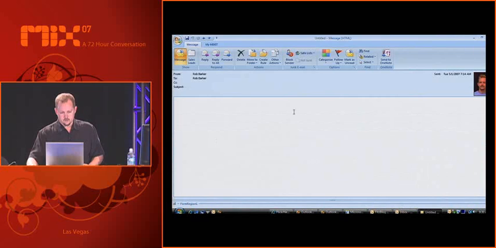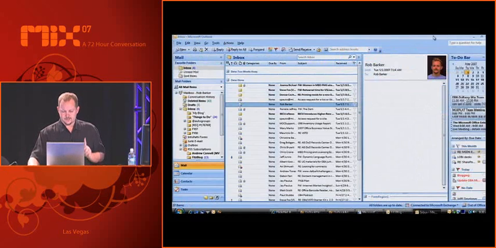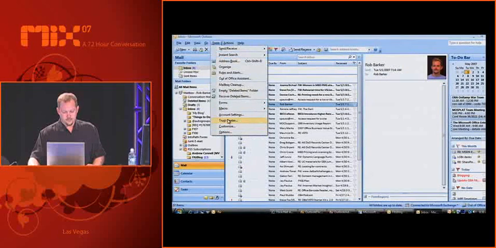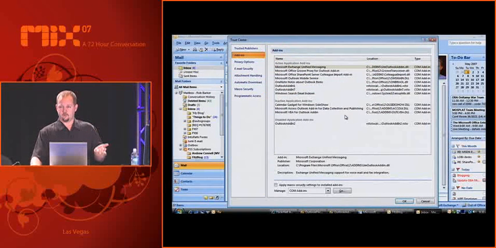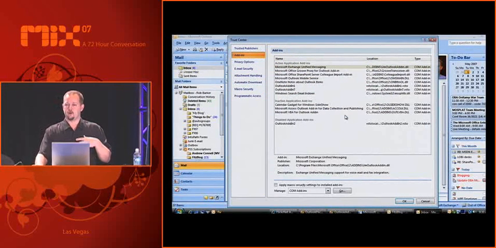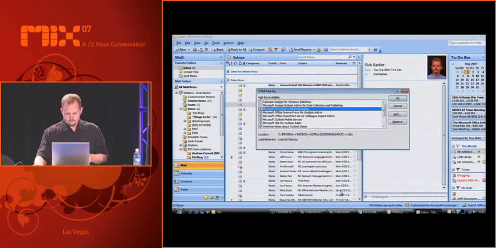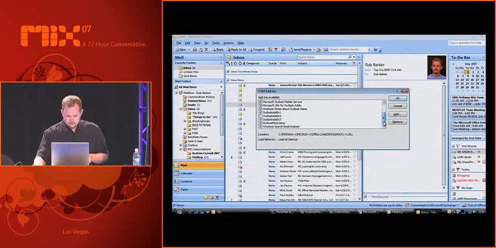Wow, that's interesting. Oh, you know what? For anybody that doesn't know about the Trust Center, this is basically where all of your add-ins are defined so that you can either turn them on or turn them off. Oh, my Flickr demo is in there.